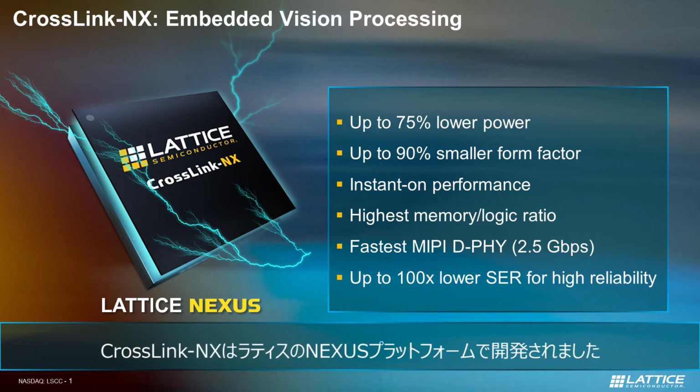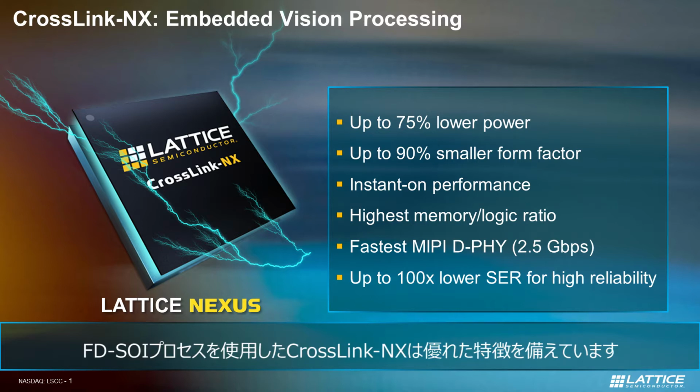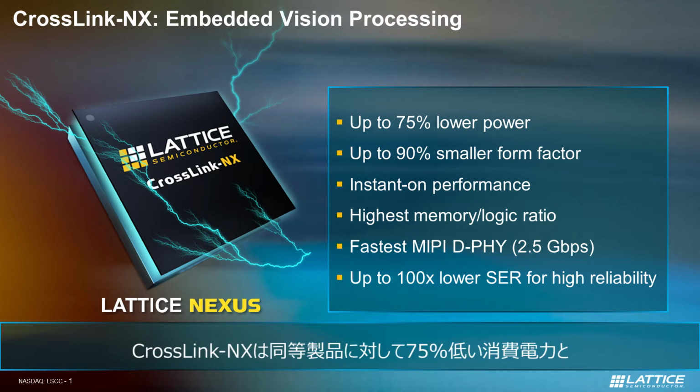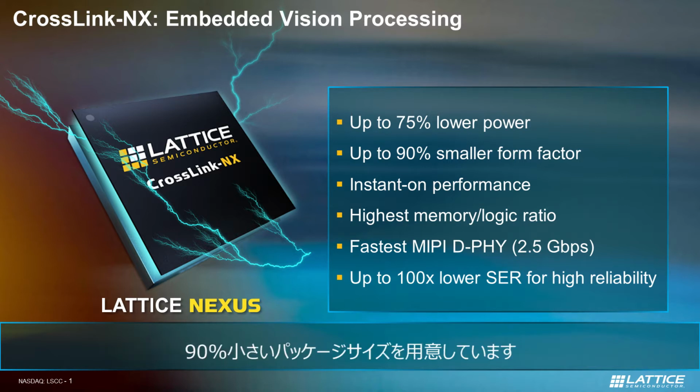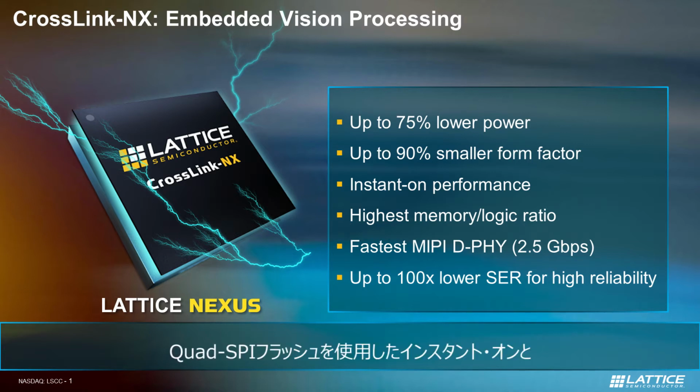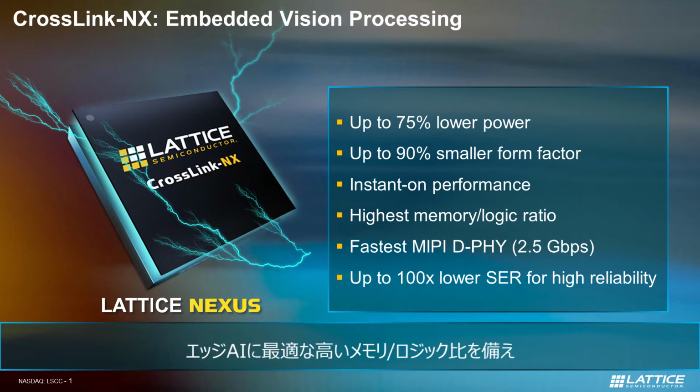CrossLink-NX is developed from the Lattice Nexus platform. Based on the FD-SOI foundry process, the Nexus platform gives CrossLink-NX unique features and advantages when compared to other FPGAs in the same class. CrossLink-NX is up to 75% lower power, has up to 90% smaller form factor, supports instant-on performance with the fastest QSPI flash memory, has the highest memory-to-logic ratio that enhances its edge inferencing capability, has the